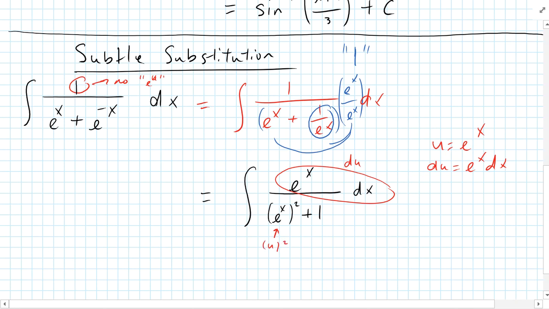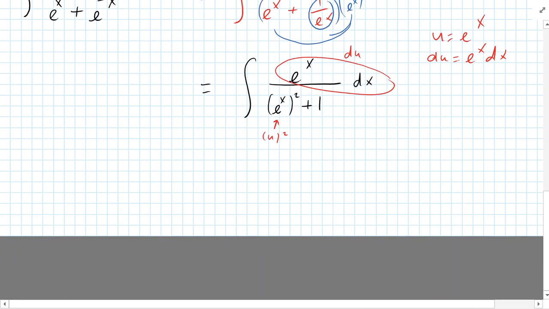So this whole thing becomes 1 over u squared plus 1, which is inverse tangent. So we just rewrite this, and it's going to equal the integral of 1 over u squared plus 1 du, which is inverse tangent, and it's 1 over a. Well, in this case, we go right here. So a is equal to 1, and u is just equal to u. So I end up with 1 over 1 tangent inverse of u